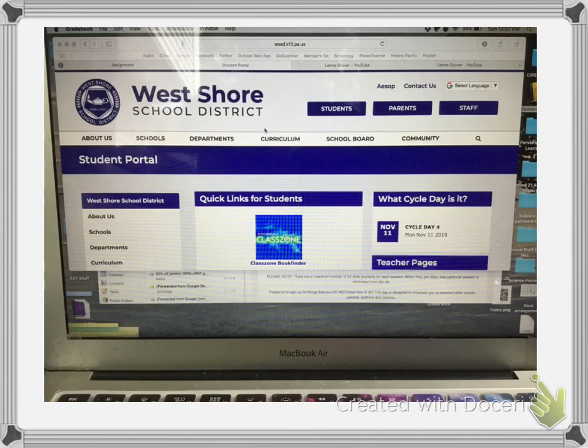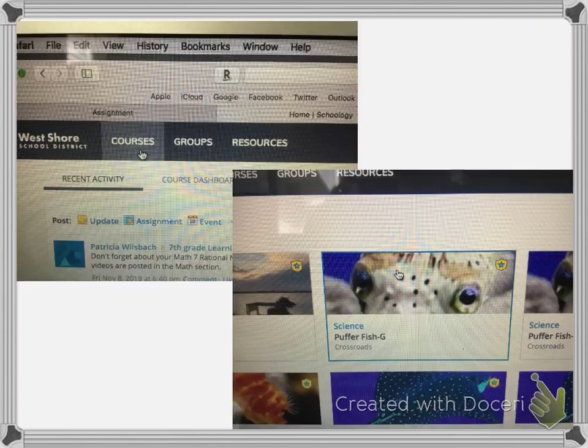Let's make sure that you know how to get to the vocabulary folder in Schoology. What we have in front of us right now is an example of our West Shore School District website for you guys, our students. If you would just get to this site and scroll down to where you see Schoology,